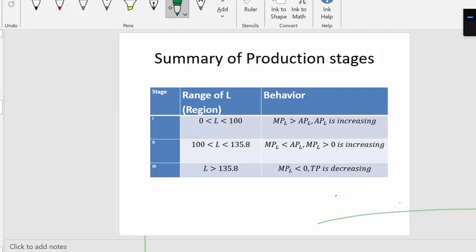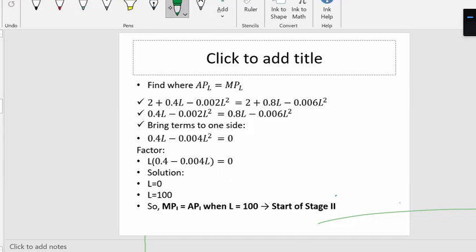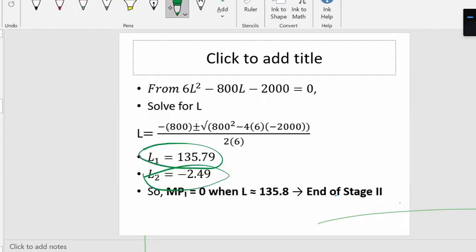Excuse me a moment. On our table, the first table with average product, let's go back. I skipped this one. Okay. Previously we were trying to see the maximum, the end of stage 2, by setting marginal product equal to 0, right? Now let's see the point where average product is equal to marginal product. So if you set the average product equal to marginal product,